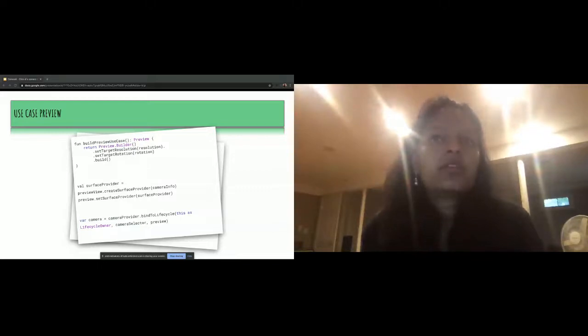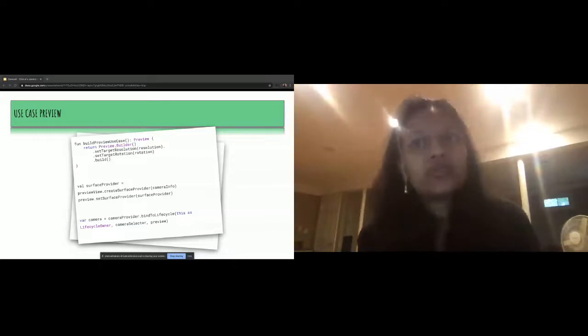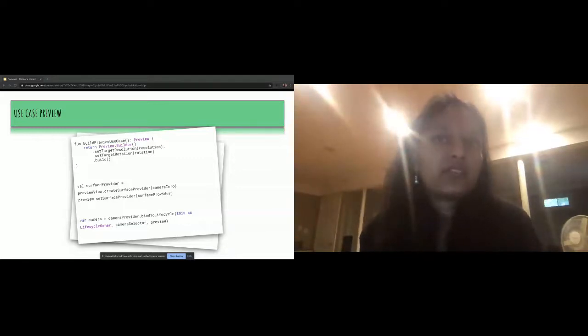So we use the method preview view create surface provider to create a surface provider that you can then pass to the preview use case to start the preview stream. And finally, this preview use case is passed to the camera provider when it's bound to the owner's lifecycle, as indicated by the code here.